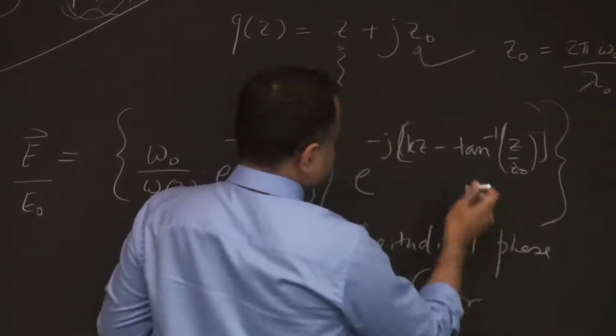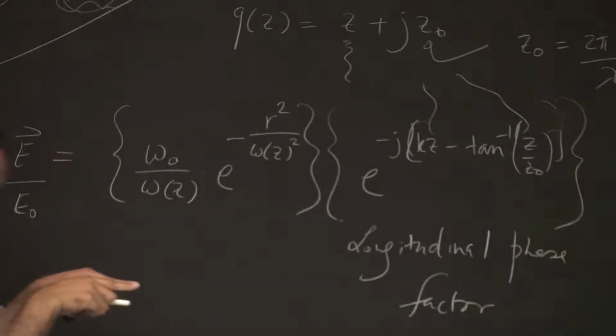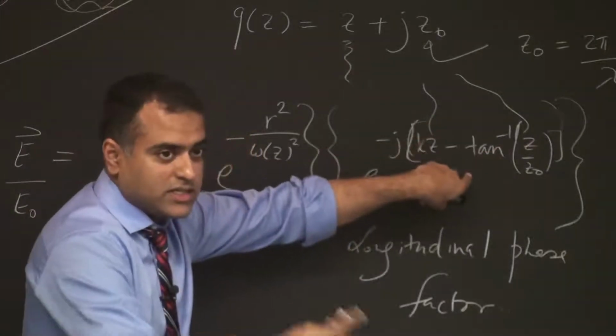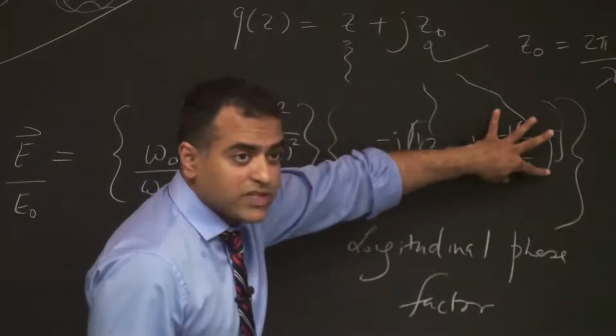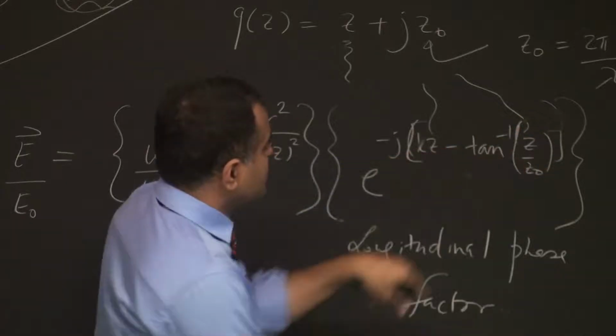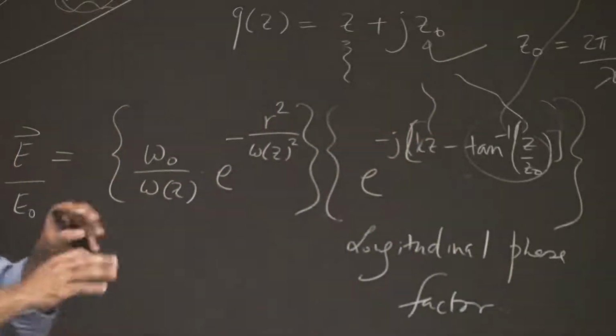Hopefully the name is very clear why it's called longitudinal, because as the wave propagates along the z direction, that's the longitude, that's how the phase is changing. This angle theta is changing with z. Right? So if you didn't have a Gaussian beam, if you had just a plane wave, it won't be this, right? This tan inverse. Remember, this thing came from your E of z. That's where it came from.